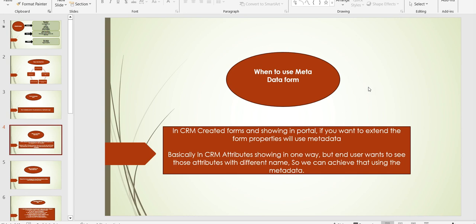Basically, in CRM attributes are shown one way, but the end user may want to see those attributes with a different name. For example, in Dataverse we have given the attribute the name as just name, but on the portal side we want to show it as customer name. For that we can use the metadata form. We can achieve that case. So next step,